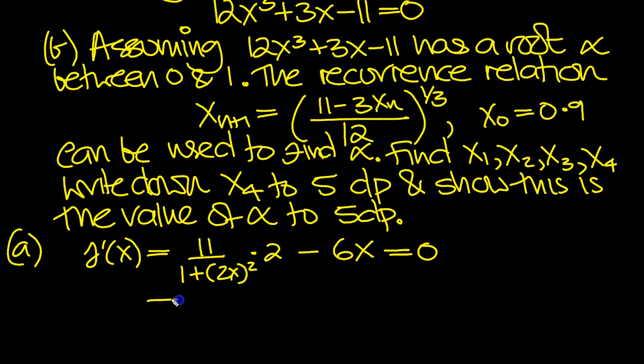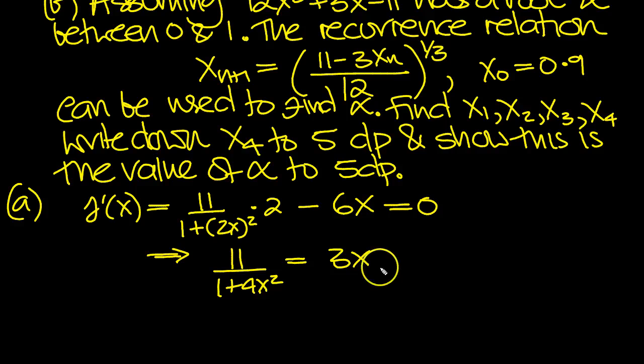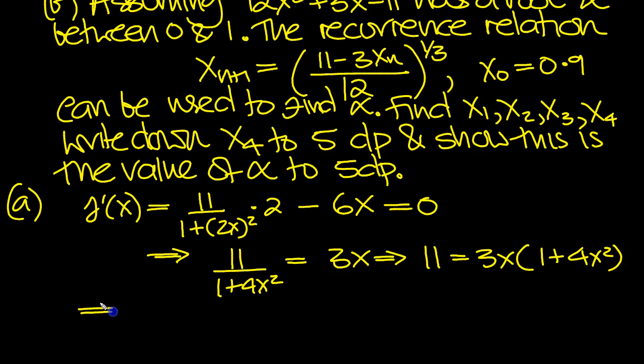So this tells us now that we can cancel by 2 all the way through on both terms, so 11 over 1 plus 4x squared, when we expand this bracket, is equal to, and move the 6x, which is now 3x because we cancelled by 2 both sides, so we get that. So that tells us then that 11 is equal to 3x, 1 plus 4x squared, and so when we expand this bracket we'll get 12x cubed